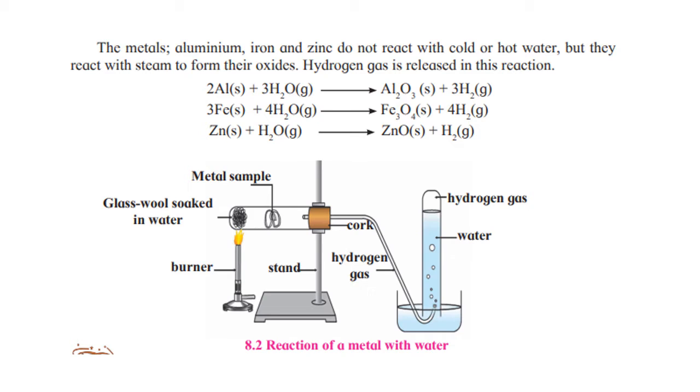So to summarize, we can say that metals react with water to form their corresponding hydroxide and hydrogen gas is given out. This experiment shows how hydrogen gas is collected. Hydrogen is collected by downward displacement of water as it is less dense than water. Hence it comes out at the surface of water. It is insoluble in water, so it does not dissolve in water. If you can see over here, the hydrogen gas goes up and the water level comes down.